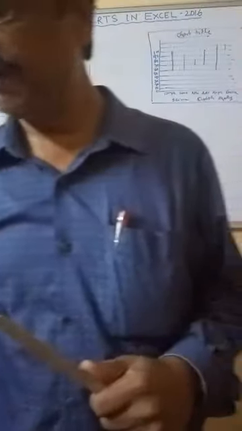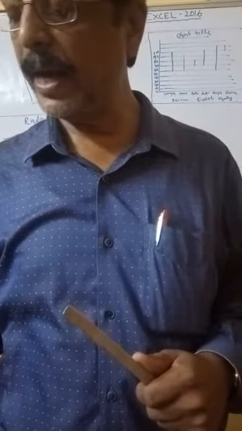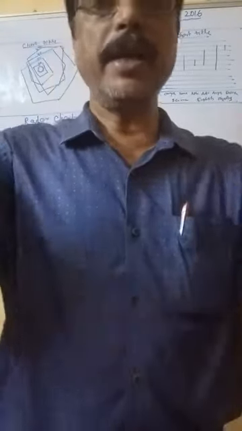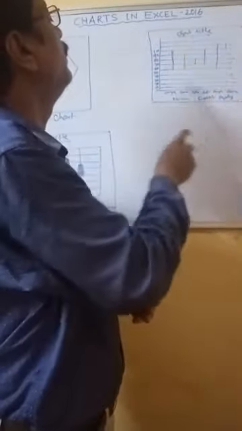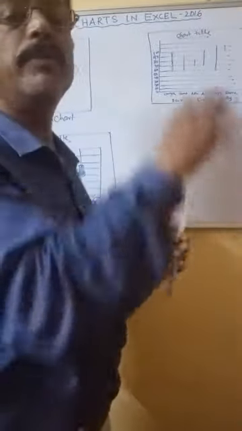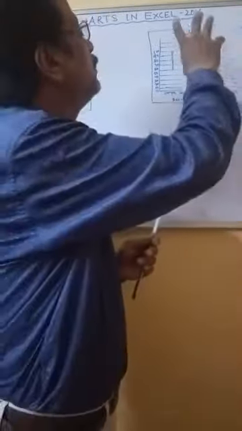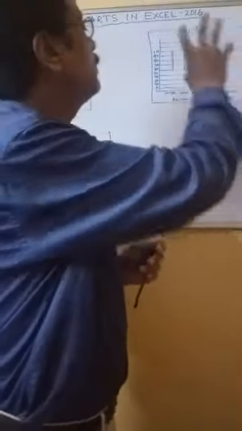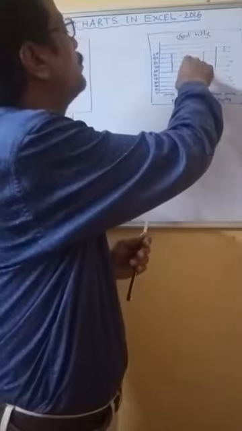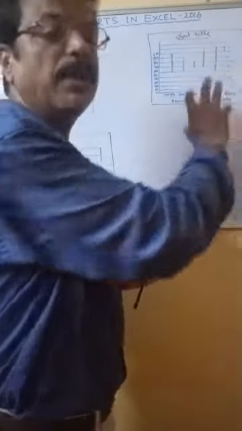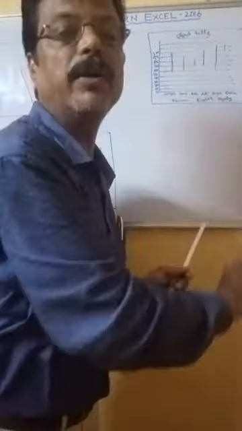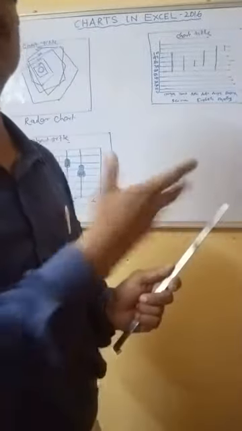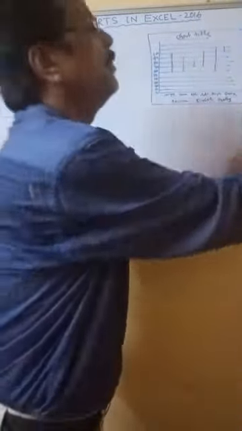There are two methods. One method is to click on the chart and drag it to another location. You click anywhere over this chart area, keep your mouse pointer there, and just drag it to another place. Keep pressing the mouse button and move it towards the right, the left, or top or bottom, in any direction, and automatically the complete chart will move accordingly. So this is one method.